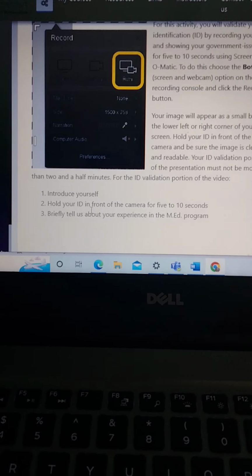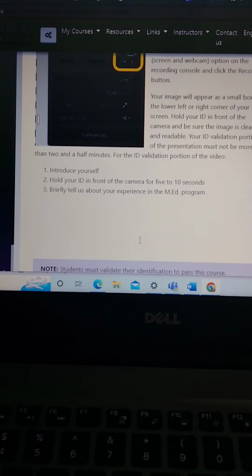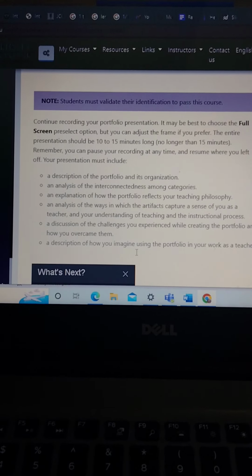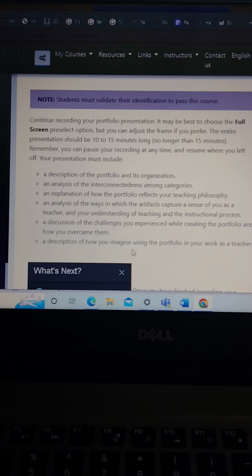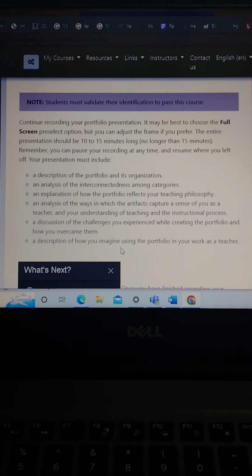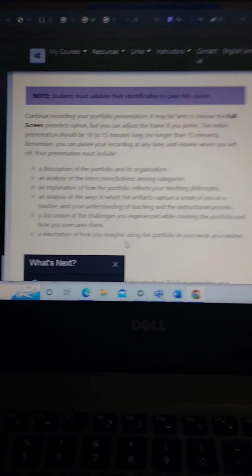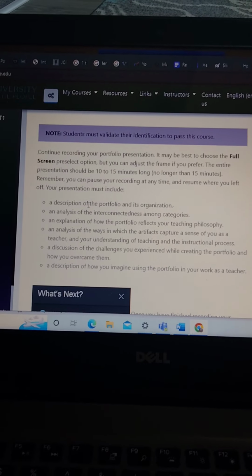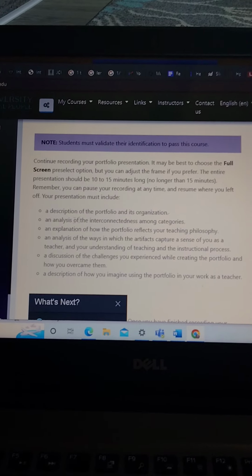So like it says, you hold your ID in front of the camera for about 5 to 10 seconds, and then you tell us about the experience in the Masters of Education. So these are the items that you need to go to in your presentation. When I did mine, I did a slide show with my presentation, and this is how I actually organized my slideshow. So first I started off with the description of the portfolio, then I went on to